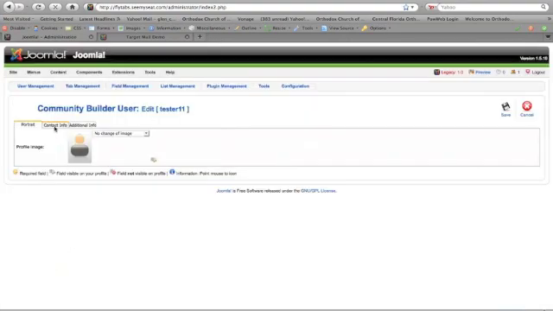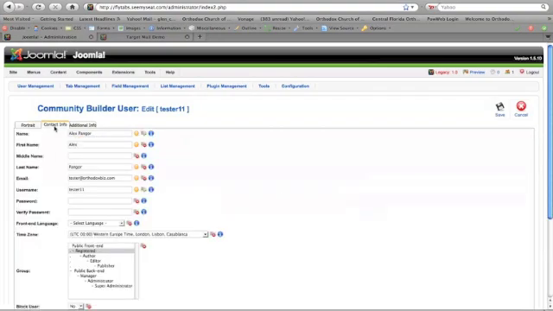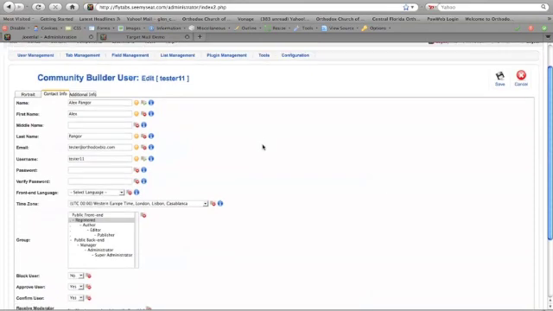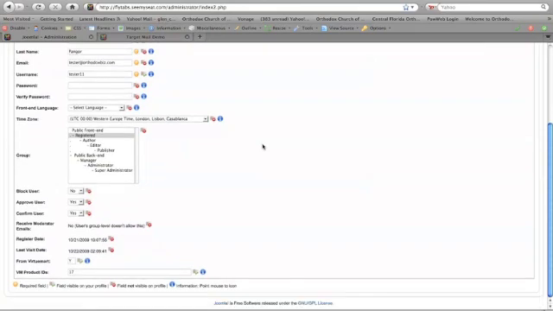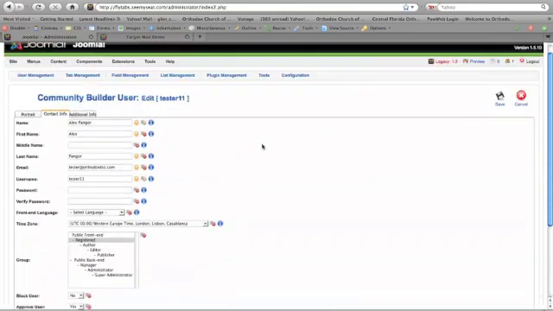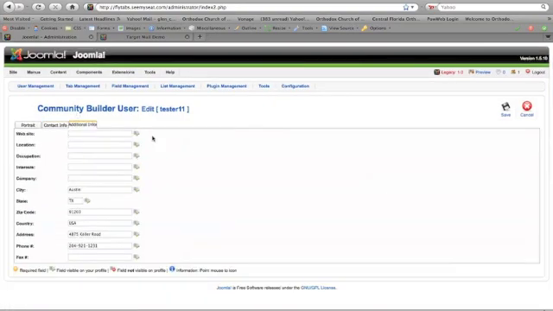and he actually was set up through the Virtuemart shopping cart as a Joomla user. And what I have done is I have now added him to the Community Builder table, and as we scroll down we'll notice that this is all of his contact information which has been populated. But here's the very important part: the information from his Virtuemart, such as his city, his state, his zip, country, the address, his phone number, that information which was in Virtuemart as part of his Virtuemart profile has been populated